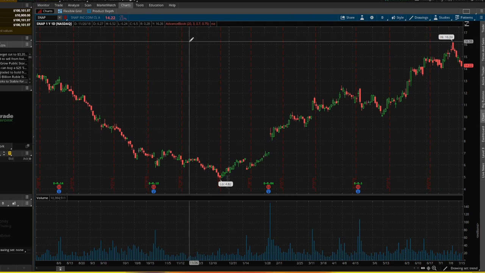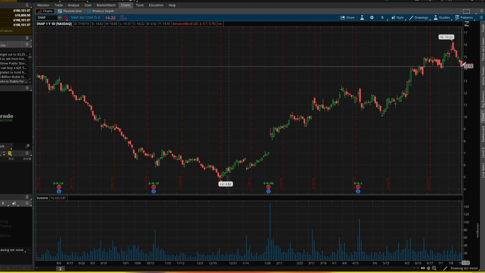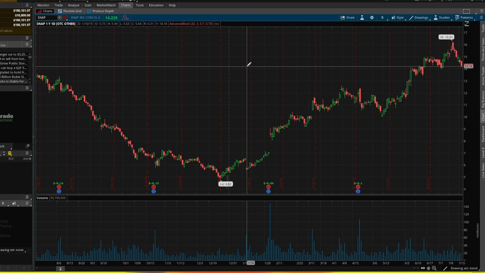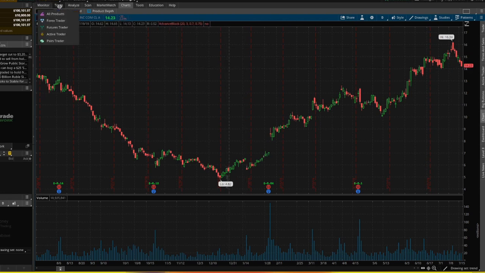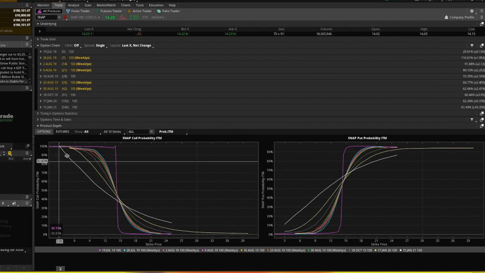So here I found the Snapchat stock, which is trading at $14.22, and I am right now bullish about the stock. Looking at this pattern, Snapchat's been recovering over the start of this year actually. So I'm bullish about the stock, and now I want to trade a long vertical spread. So how am I going to do that? I'm going to go to this trade tab here, and I'm going to see these all options chains, and let's